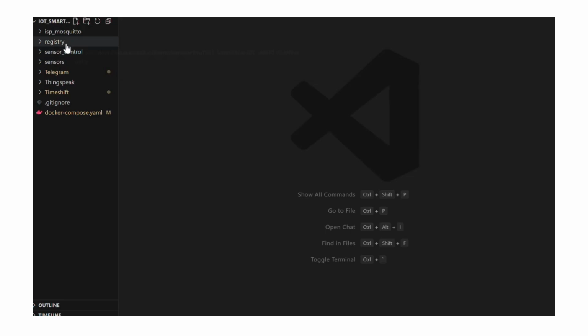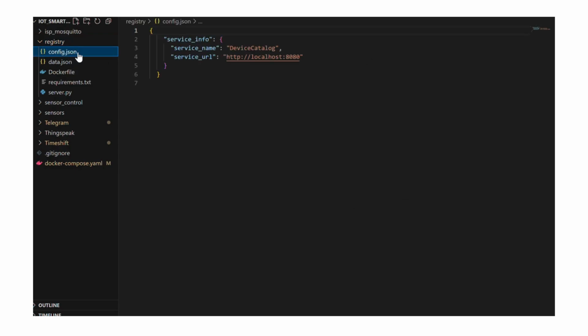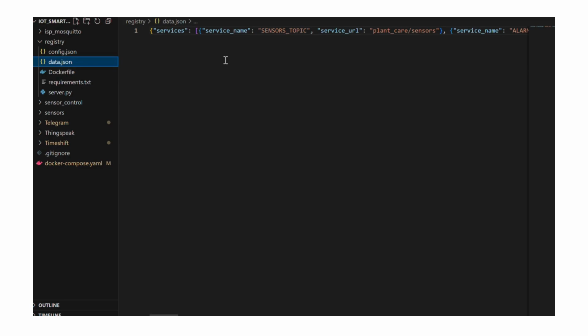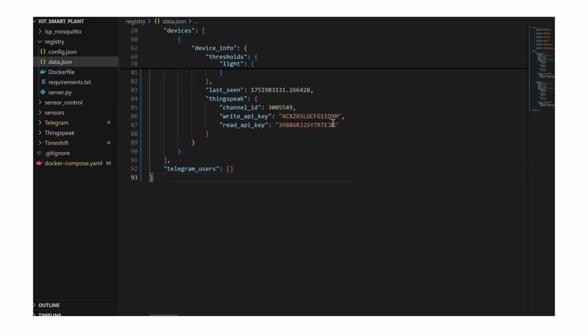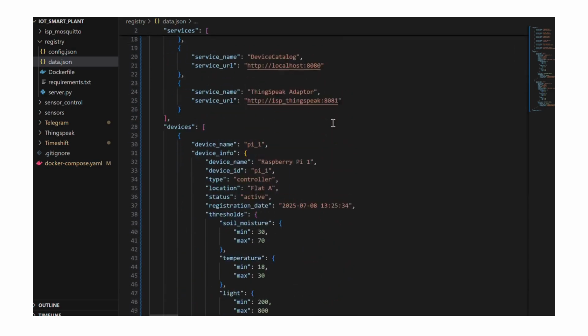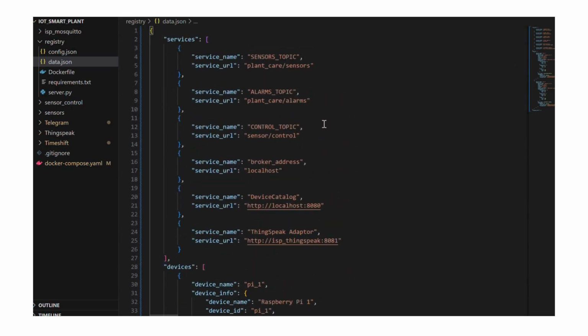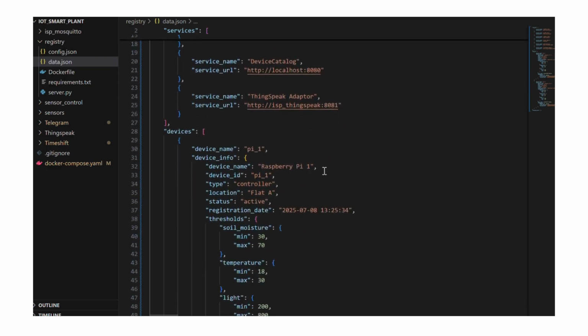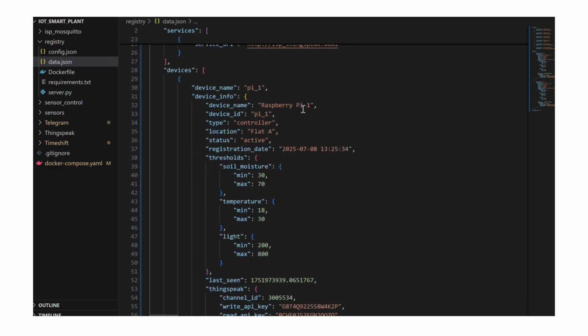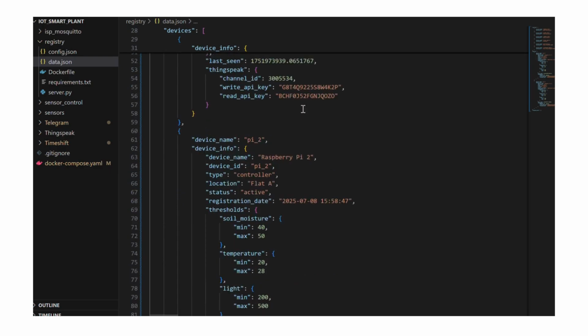We explore how microservices work together in our system. Let's begin with the Service and Device Registry. This microservice manages two catalogs, one for services and another for devices. A data.json file stores basic information like service names, URLs, and also device-specific settings, such as device ID, name, thresholds,